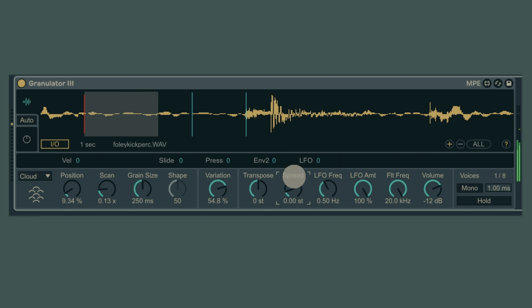We have spread. So when you have headphones or are sitting in a stereo image, you will hear what's happening here. It's like this high pitch and low pitch ping pong effect. So one side is always pitched low and one is pitched up. And of course you see I click on it so I can modulate it. So let's modulate it with this envelope too.